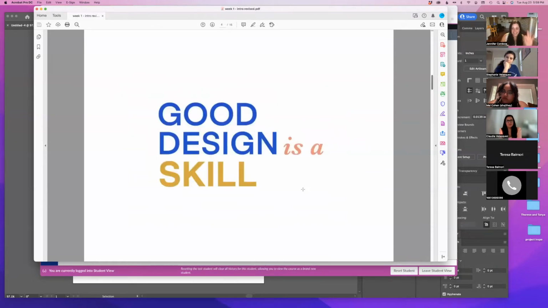So good design is a skill. And I like to emphasize this. It gets its own slide because I think a lot of us are programmed to think that anything creative or art related is a talent, and that is not true. You can absolutely develop your skills through the course of the semester and over time, and it's something that you can practice at and get better at. So don't feel like you're not naturally creative or you're not naturally artistic and that's the end for you. It's something that you can build and become better at as we learn more and more about it.